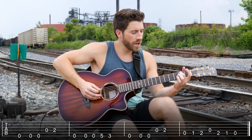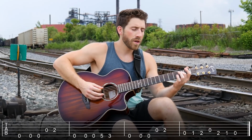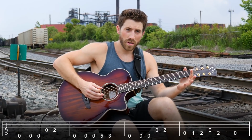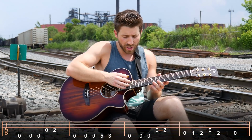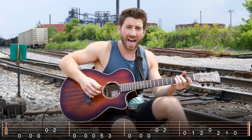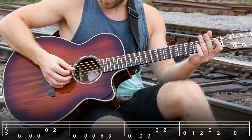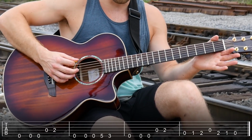A little bit slower, so you can see the tab on the screen. If you don't know how to read a tab, the lines represent the strings of the guitar, except the top string here is the bottom line on the tab, and then the numbers tell you which fret you're playing on each string. We're going to start and we're going to play 3 times on the open 6th string,